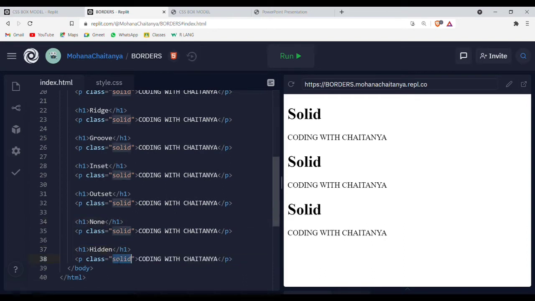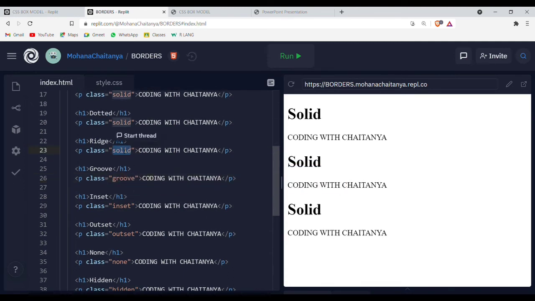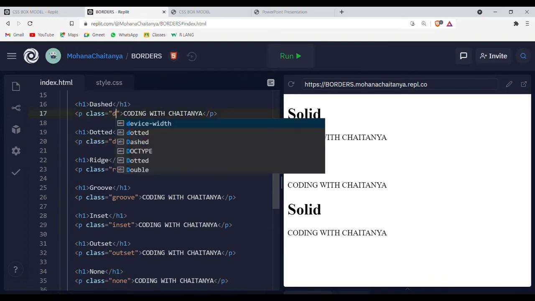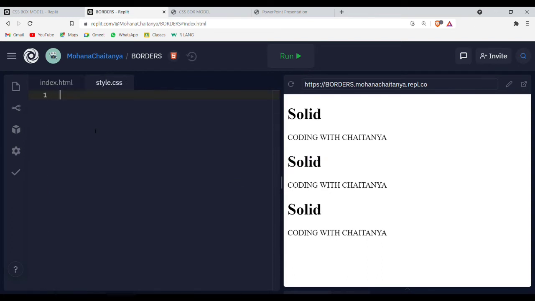Let's change the class name also. Hidden, none, outset, inset, groove, ridge, dotted, dashed, double. Let's give CSS rule sets also.